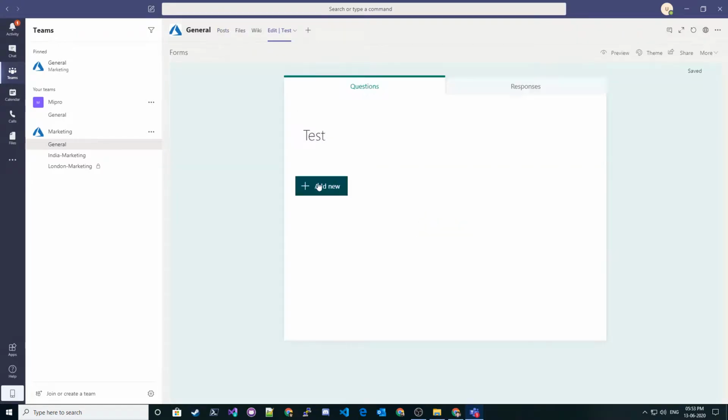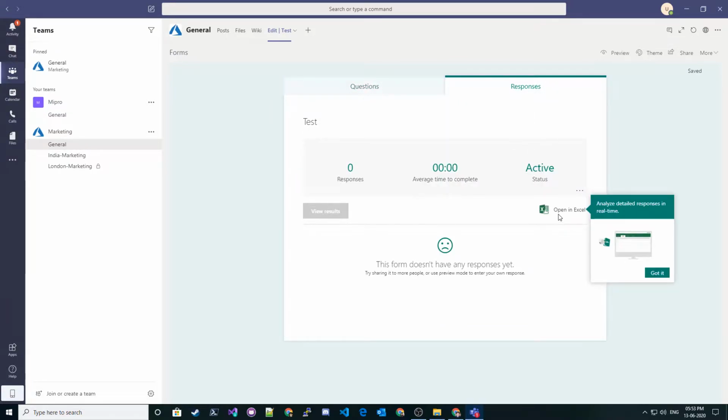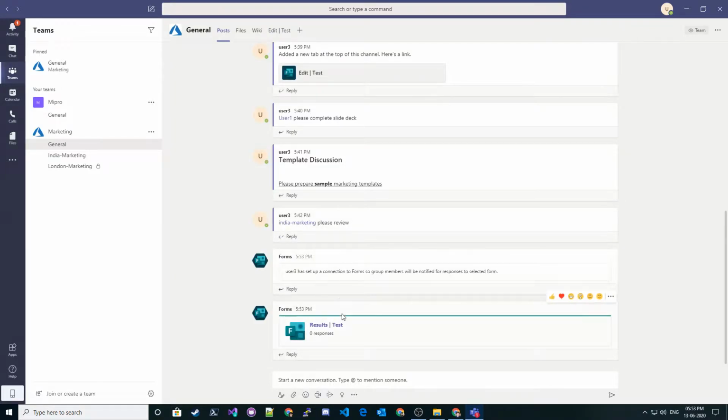This tab will provide even more functionality, so all the users can add the questions and responses can be seen over here, and all of these can be exported to an Excel sheet. Okay, similarly connector will be there